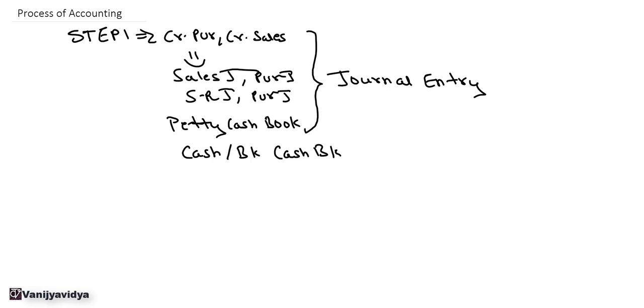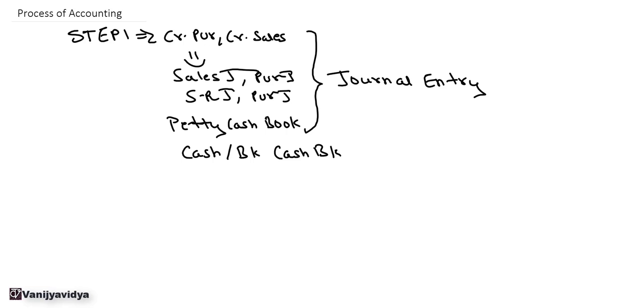Since there are a number of transactions in a day, for each and every sale and purchase the entry need not be passed in the journal. What is done is it is recorded in your sales journal, also known as sales day book, purchase journal, purchase day book. Subsequently, the second effect is given in your sub ledgers of debtors and creditors, and then periodically a journal entry is passed for this sales journal, purchase journal. The total of sales journal and purchase journal is taken and journal entry is passed.